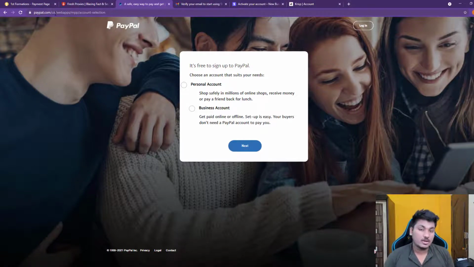Most of you who are living in third world countries are using your own country's PayPal, but there are multiple things wrong with it, because you have to pay currency conversion charges every time you transact in a particular dollar amount, which will not be your currency in your particular country. So you always have to pay those currency conversion fees, and that will be a big overhead